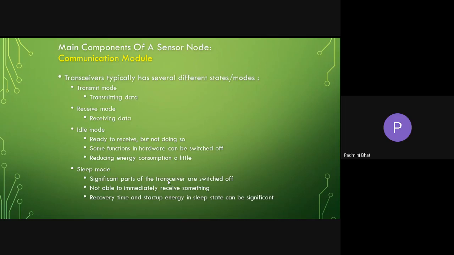Now, every time I need not go for optimizing it, because it depends on the application. Now I'm working on sending the data once in 6 hours. Then the transmit mode need not be that high, because the next part comes after 6 hours. Till then it can go to the sleep mode. After the sleep mode it can come to the receive mode, receive the data quite well in advance, then go to the transmit mode and transmit it to the next higher level. So in that way it is.